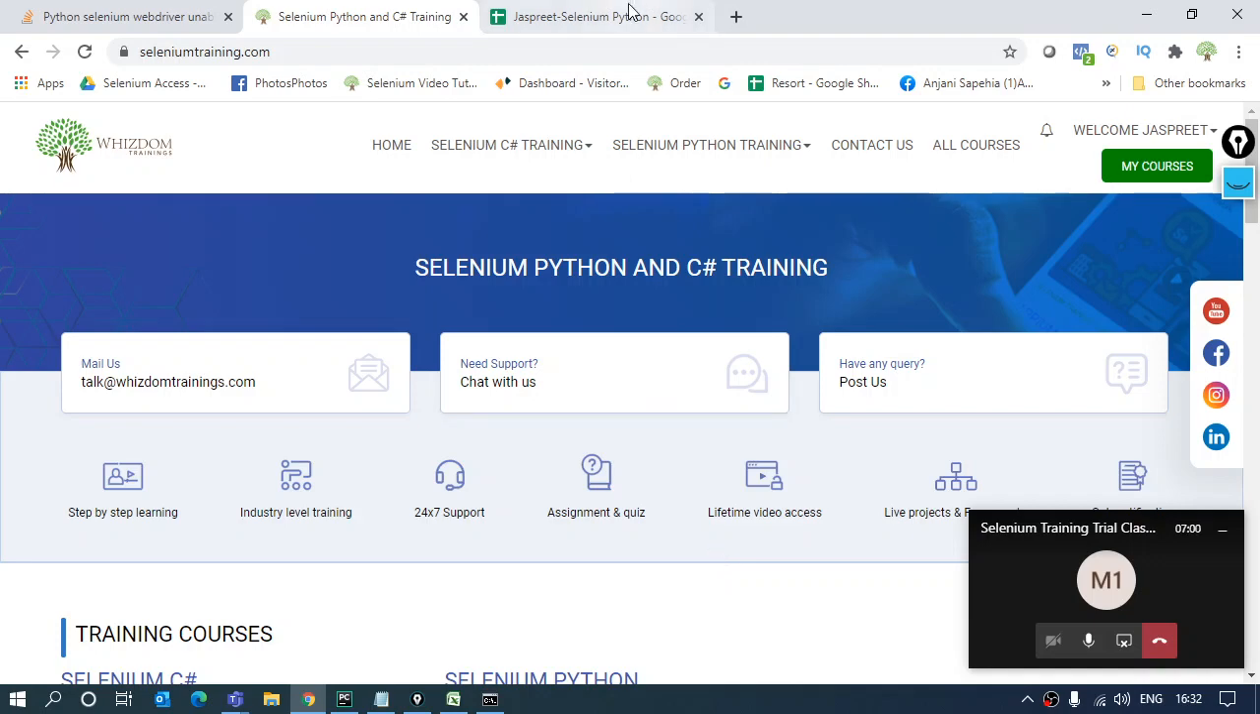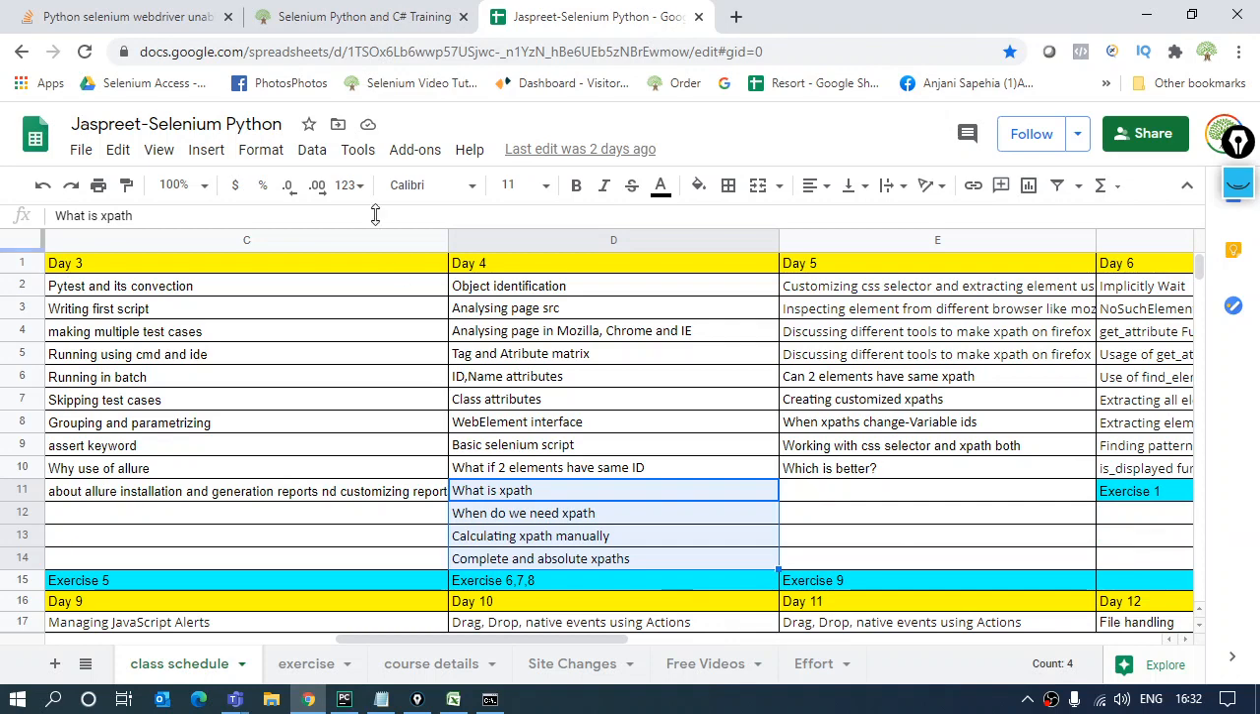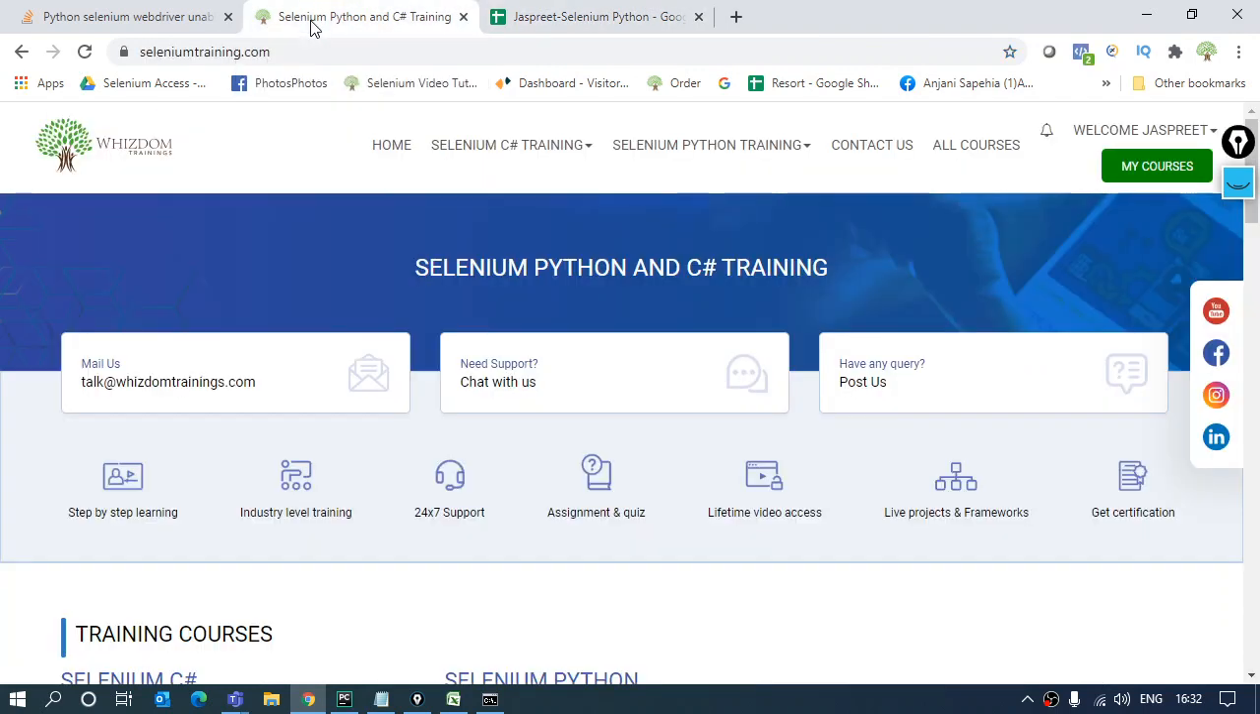I have decided to start today with object identification. Why have I decided this? Because we are able to open the different browsers whichever I wish to, and I'm able to navigate to them. Right. Now on the browser, on the different websites, I actually need to interact with them